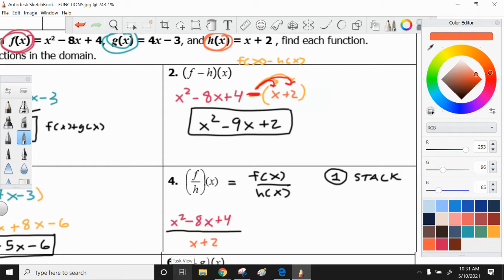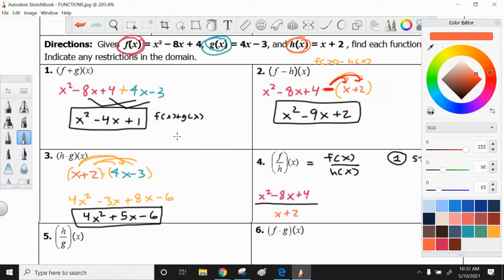Now with division, if you add two polynomials together, if you subtract two polynomials, if you multiply two polynomials together, you're always going to end up with polynomials, right? So all of your answers here should look like a polynomial, a polynomial, a polynomial. These happen to be trinomial, trinomial, trinomial. You'll see some answers where the answers are binomials and stuff, but